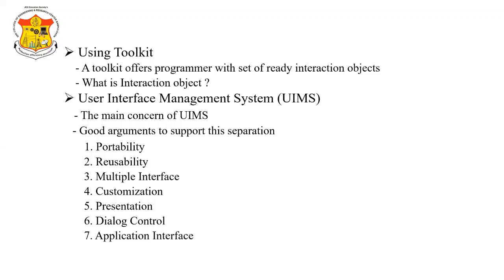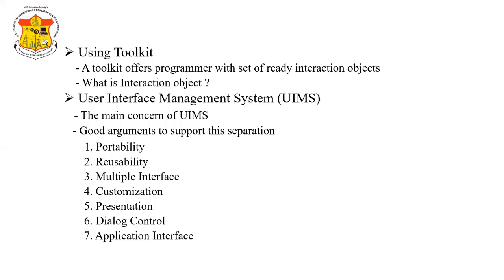Next is the presentation. The component responsible for the appearance of the interface, including what output and input is available to the user. Then dialogue control. The component which regulates the communication between the presentation and the application. The last one is the application interface. This is the view of the application interface semantics that is provided as the graphical interpretation of the model, both application and user,